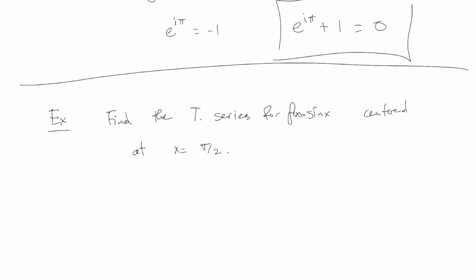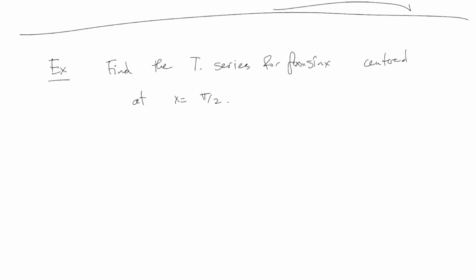So sine of x is my function. F of x equals sine of x. And I want the Taylor series centered at pi over 2. And I will just refresh your memory. What that means, centered at pi over 2, is we'll have